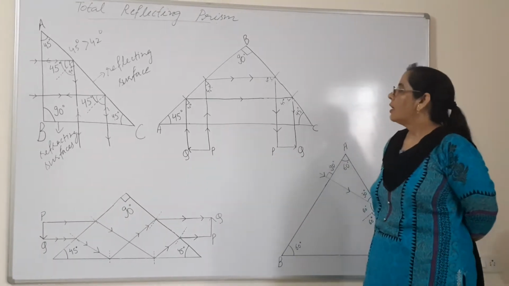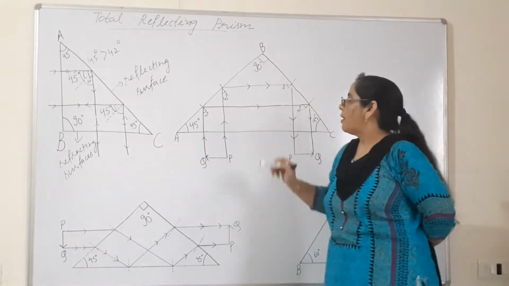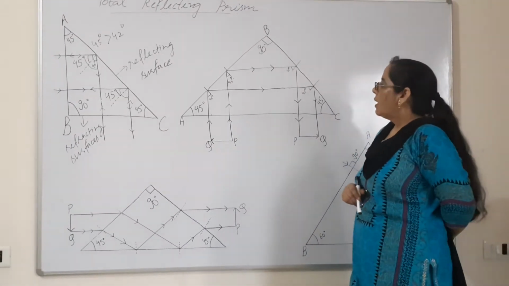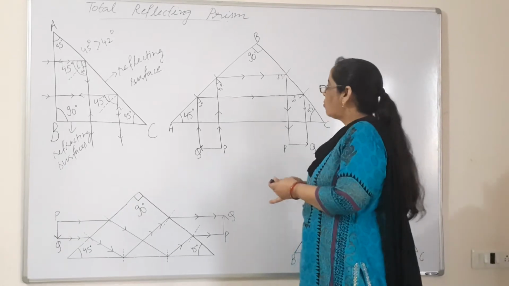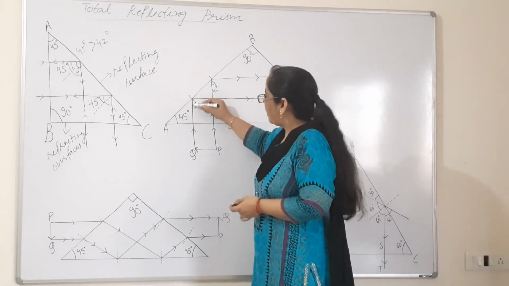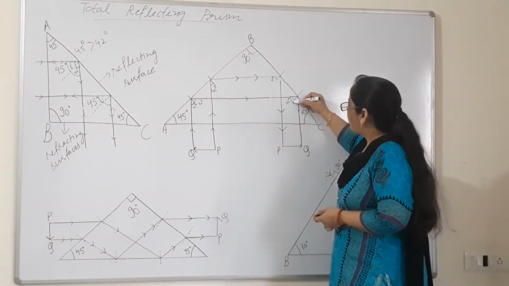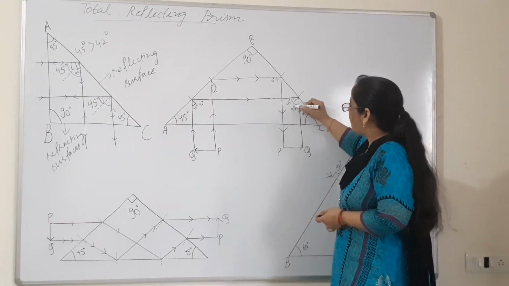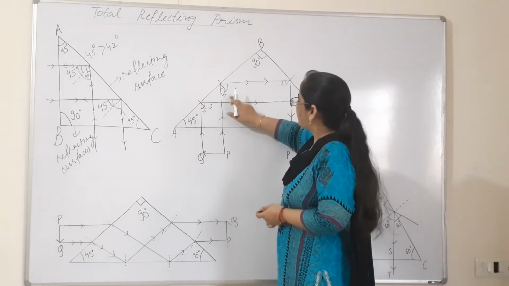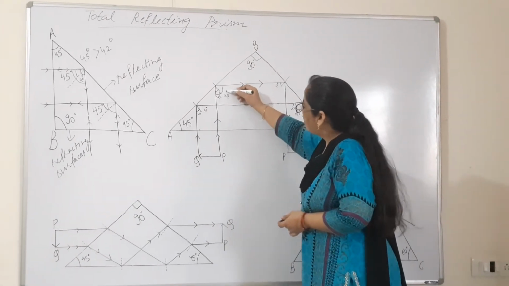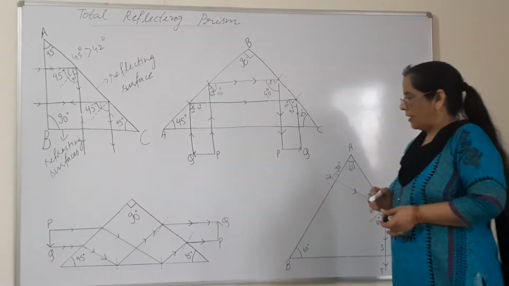Good morning, students. In the previous video, we described these two diagrams. In the second diagram, which was used in binoculars, they can ask the question: how much total deviation is there? Total deviation: 90 degree here, this is 90 degree, and this is 90 degree. So 90 plus 90, that will be 180 degree. In the same way, for this ray, for this point P, 90 here and 90 here. Again, total deviation is 180 degree.